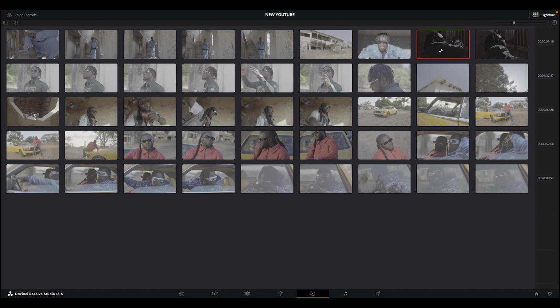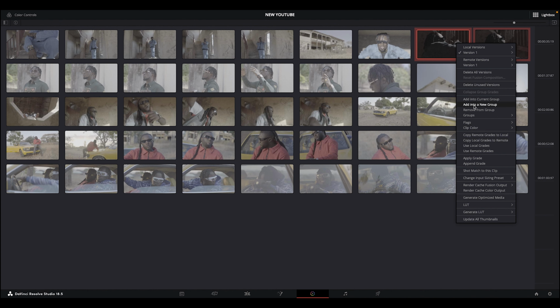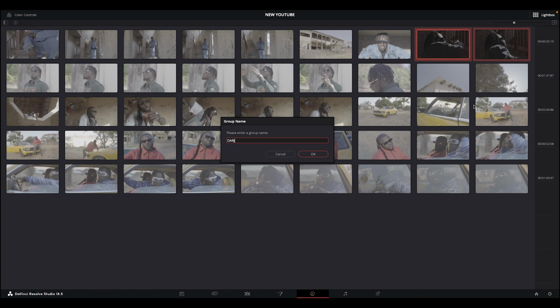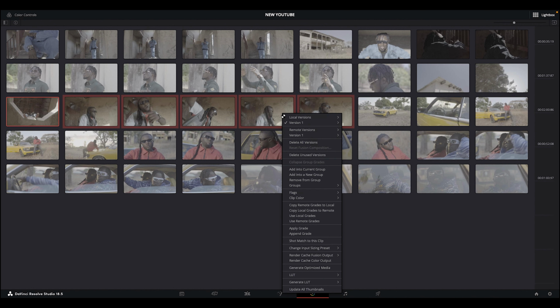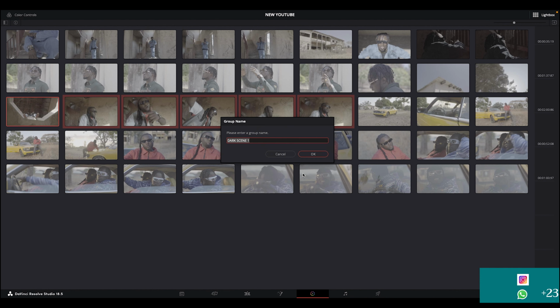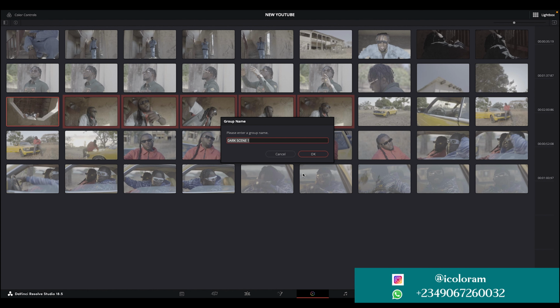Here is a silhouette shot. I could just give this a name. I could just say dark, the dark scene, and I'll click OK. Here, what will I name this one? I don't know what to name this scene. Let's just say